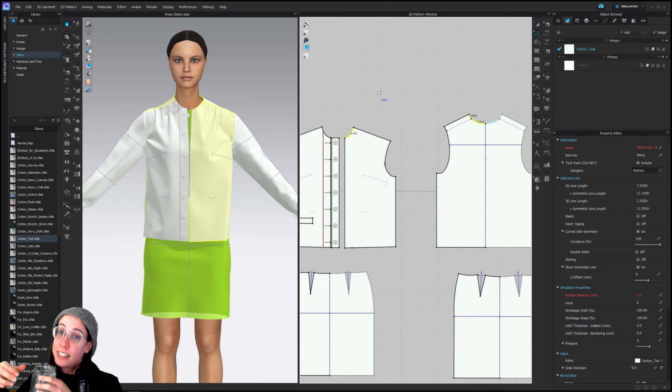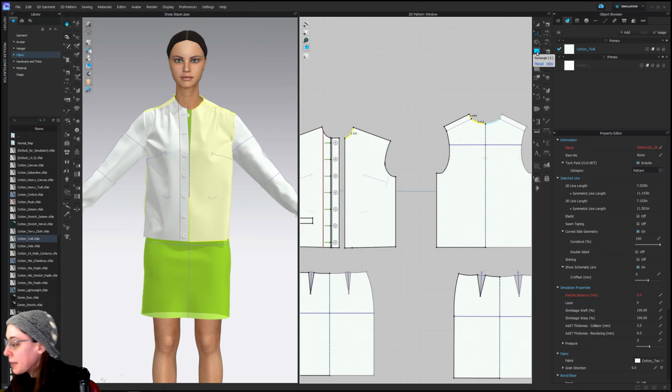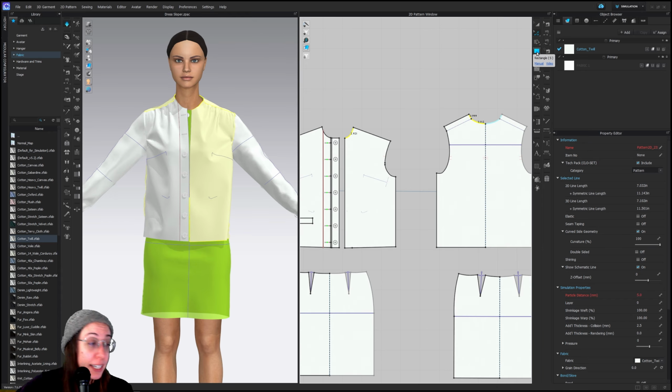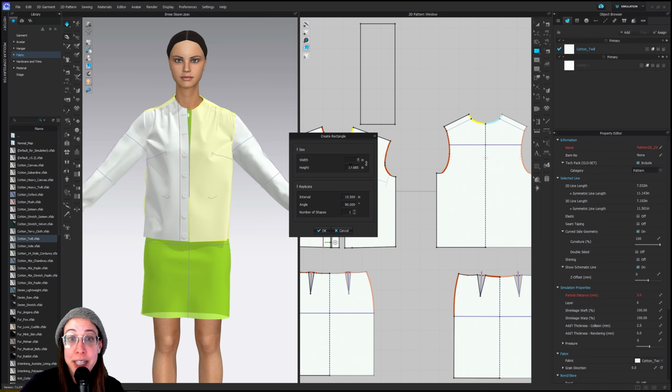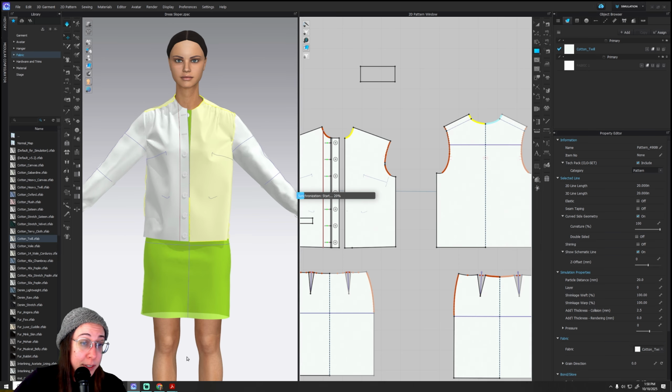Yeah, we'll just say that 7 inches even. And then we will make a rectangle that is 7 inches wide and 3 inches tall. That's going to be the half of our rectangle. And then